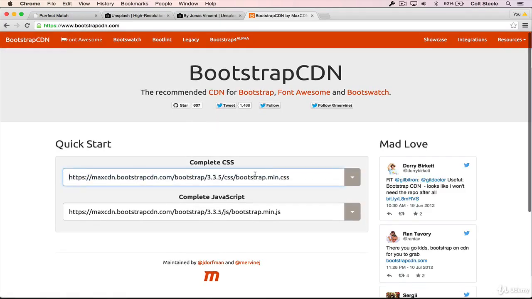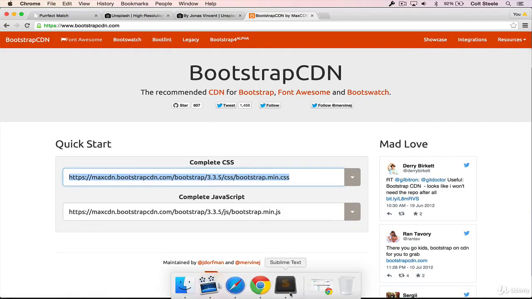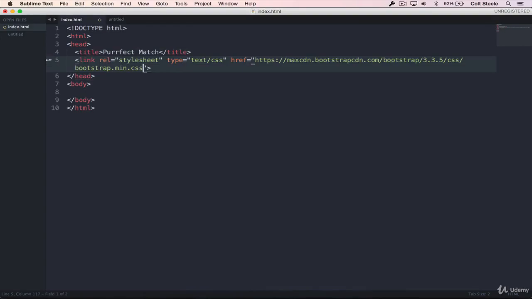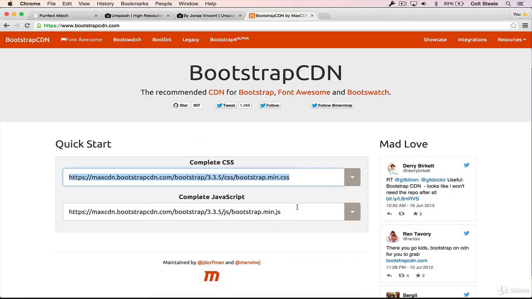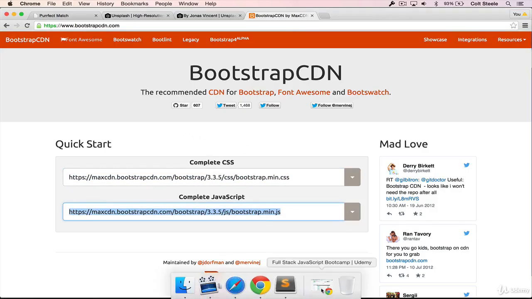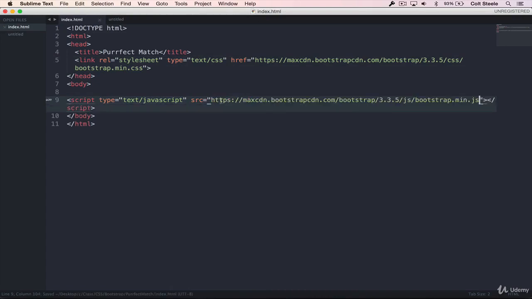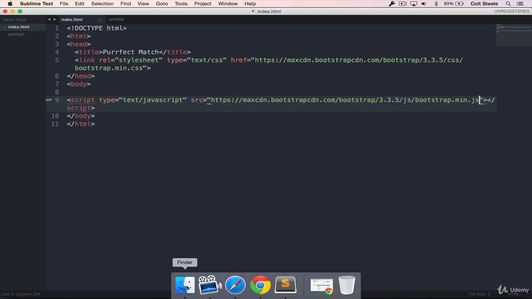Let's do CSS and JavaScript while we're here. We will need that JavaScript for the nav bar. So we need a link tag. Then we'll get the JavaScript. Copy that. We'll put this down at the bottom, which is a script tag, and then we set source equal to that URL. Now if we open this up,